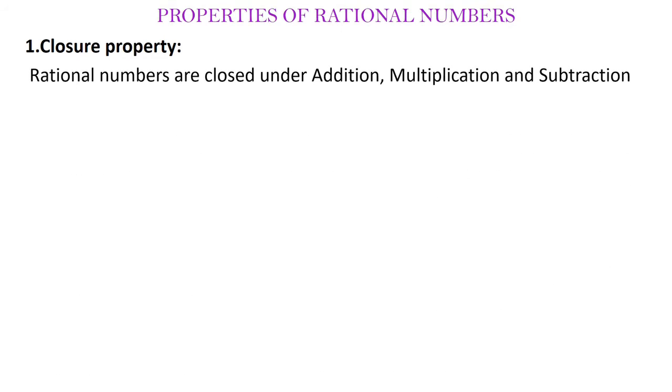Now let's learn the properties of rational numbers. First property, that is closure property. Rational numbers are closed under addition, multiplication and subtraction. a by b minus c by d is the formula. Example, minus 5 by 7 minus minus 2 by 3